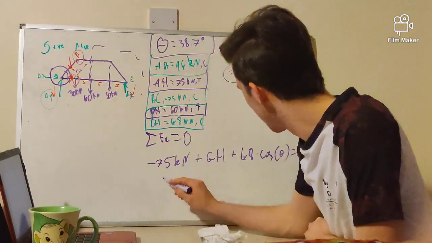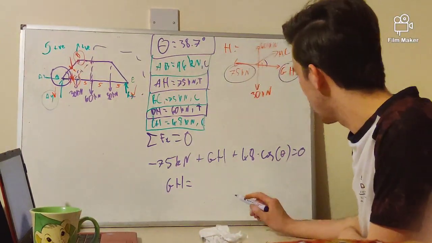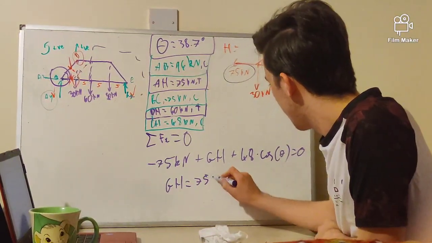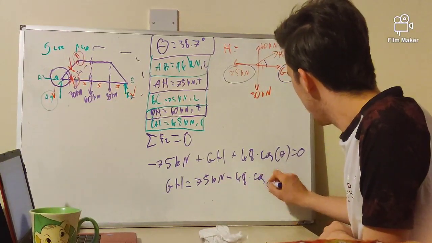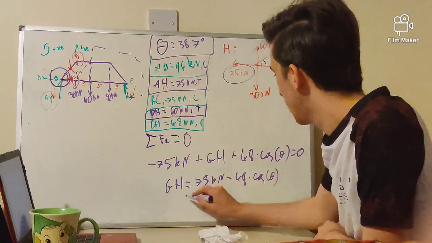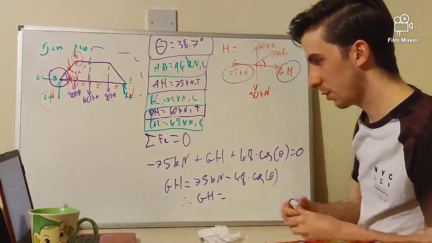So shoving everything onto the other side, we can work out that GH equals 75 kilonewtons minus 48 times the cosine of theta, which means that GH equals